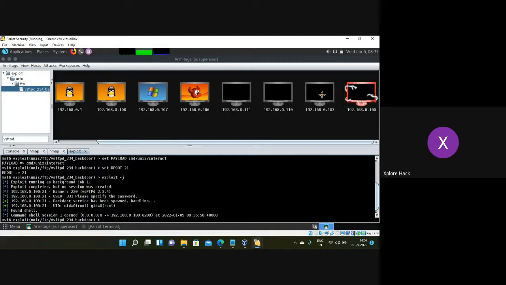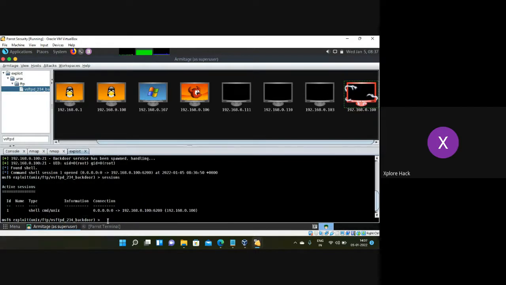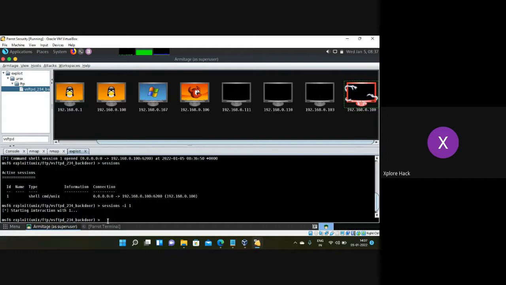So here I can see the available options, like shell window was found. Here I need to get into this Metasploit session. If you want, you can just use this one sessions. If you can find the session, you can try to interact with that session. So sessions hyphen I with one. So now this should transfer into